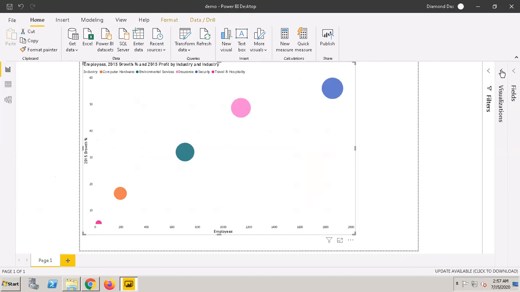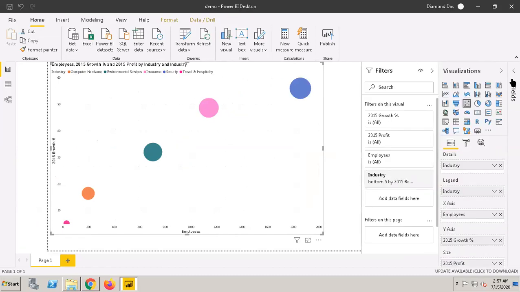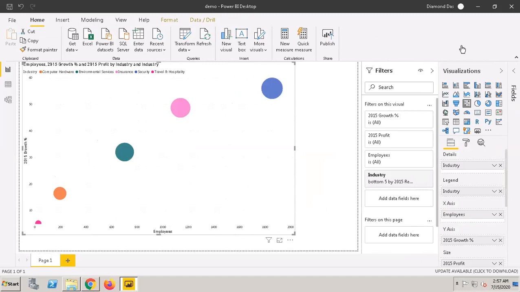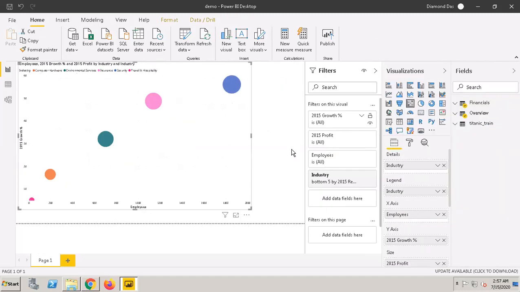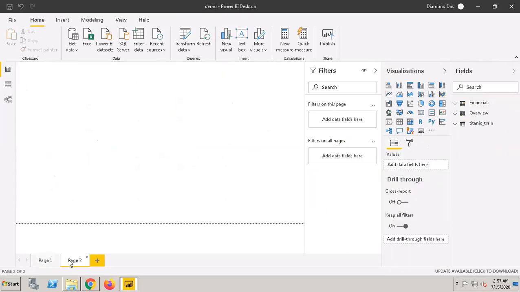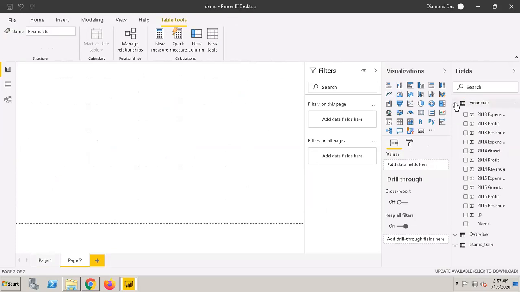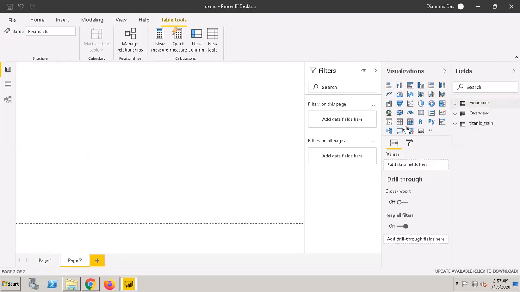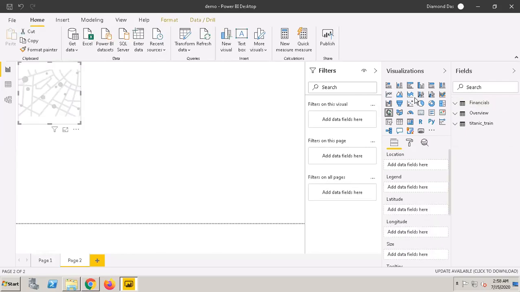You have control of these panels, where you can expand or collapse. Now if I want to see the distribution, how my profit or growth is doing, I can use a map visual.